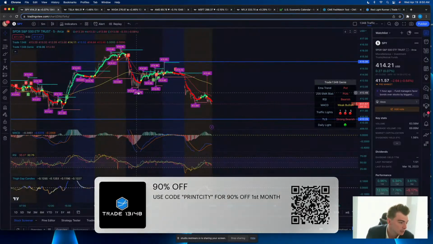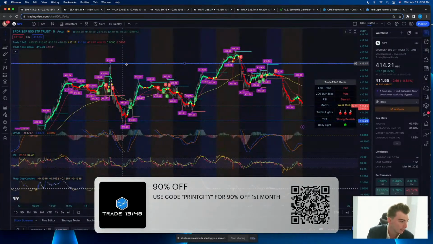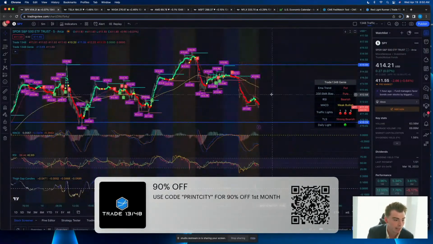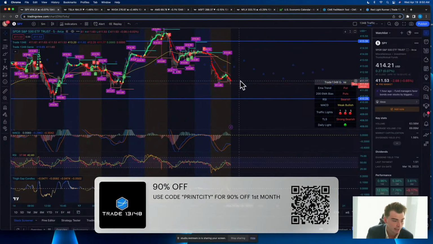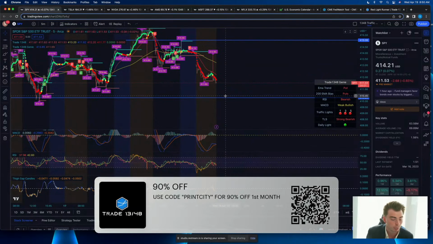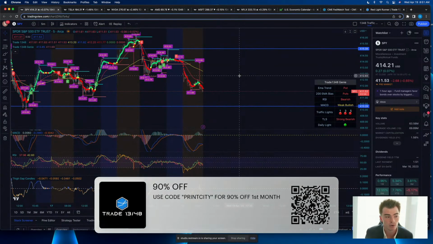Yeah, you could have this one in here too, this 412 area here. You could have also this 411 level here, but again, these aren't going to be as strong in my mind. This big one, this psychological 415, is going to be pretty big if we start to rally up. You've got this level down here, the 410.50 that I'm going to be looking at too. Again, these are just broad, so they're not going to be exact. As you can see here, they're kind of teetering around these levels, but as long as you have a marker to say, okay, this is where price could potentially run into a brick wall,